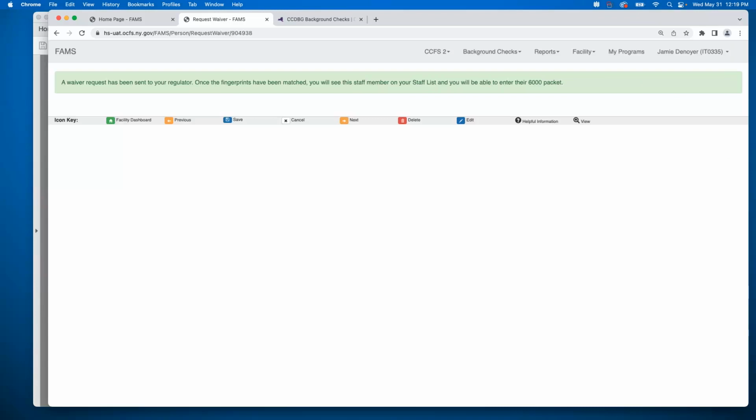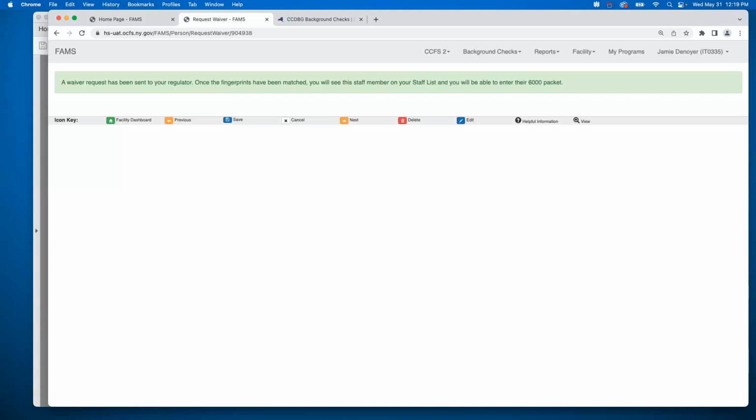But we would request that really the fingerprint drive the process because it'll go a lot quicker and there's nothing to do on the back end. But if you can't get an appointment for your fingerprint for a period of time and you want to get started on the other clearances, we have allowed that option. But really once they're fingerprinted or their fingerprints are waived into the program, they'll immediately show up on your active list and then you can just start entering information. Great, thank you for that, Patty.